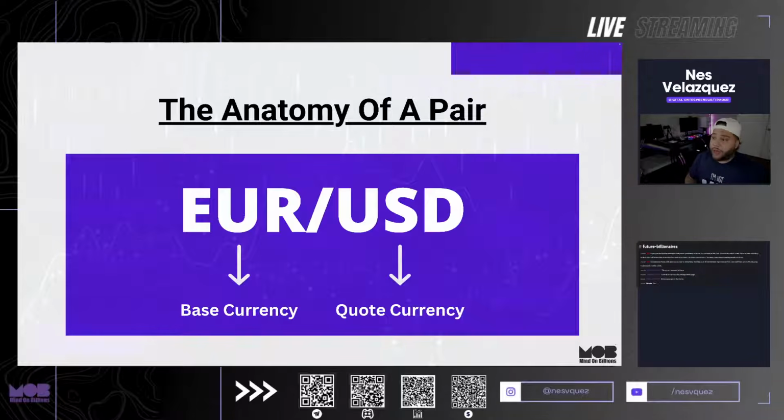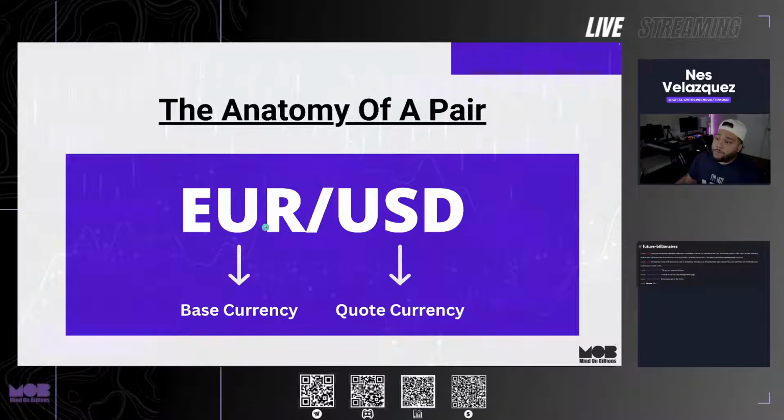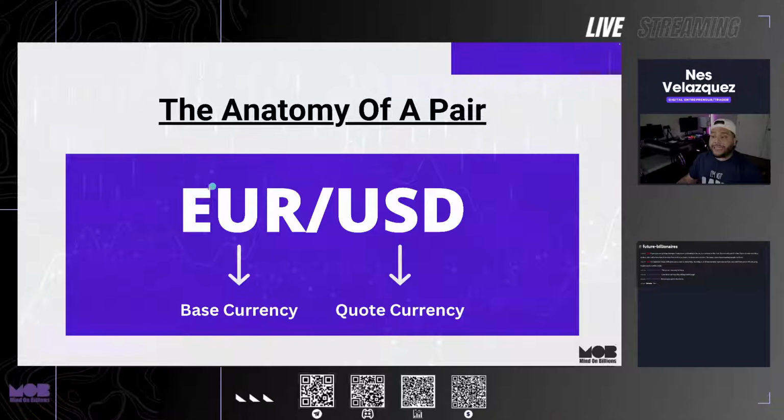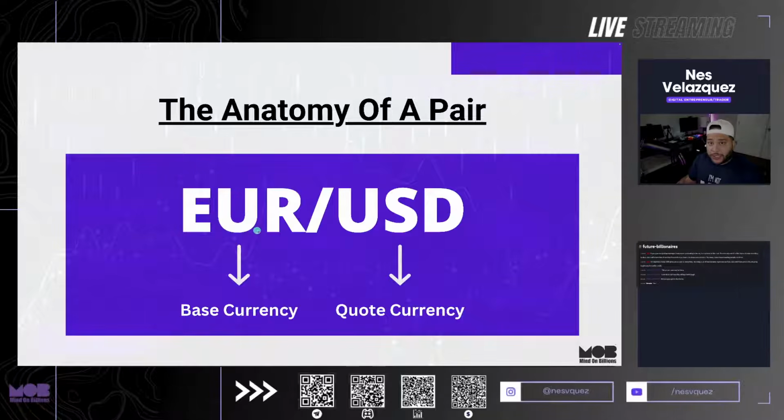So let me teach you how the anatomy basically works. This right here is the Euro USD currency pair. This is the most common one. The first part of the currency pair is the base currency. The second currency in the currency pair is the quote currency. So you're leading with the base currency. You're either buying it or selling it, and whatever currency it is paired with, you're doing the exact opposite